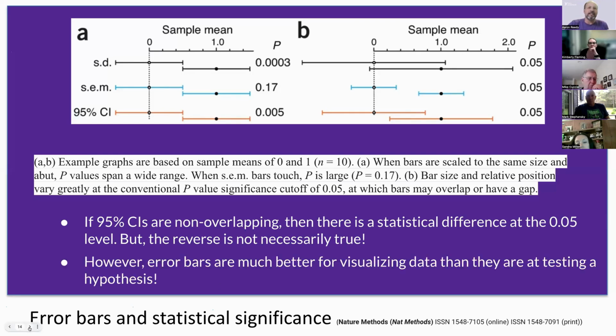So as a take home for this, I would implore you to think about that. Error bars are really much better for visualizing data than they are for testing a hypothesis, for telling you whether you should accept or reject a null. I think that overall, they are much, much better at visualizing your data. And you always need to think about what kind of error bars you're looking at. And so like if